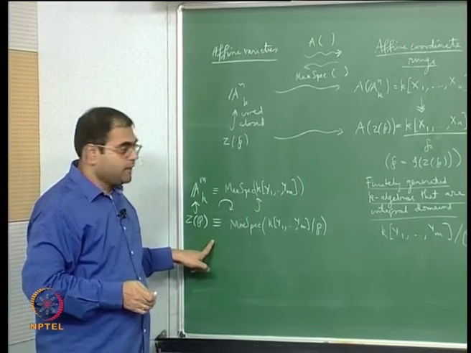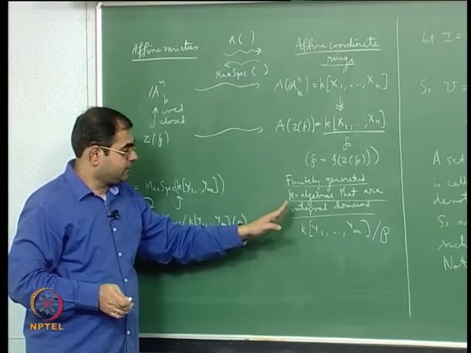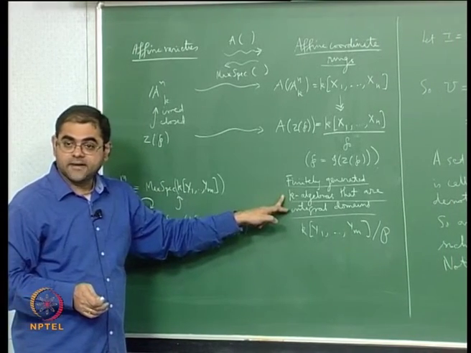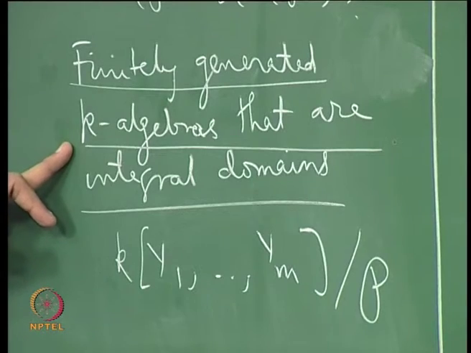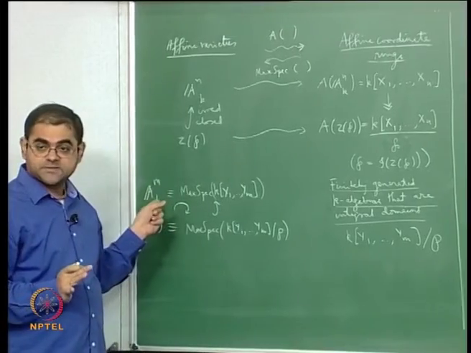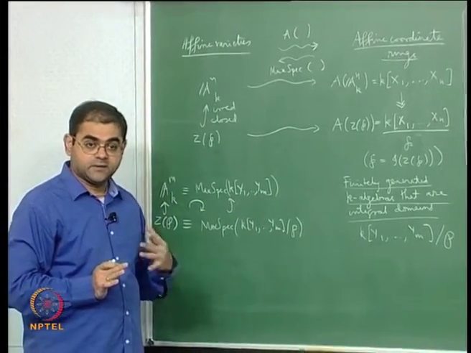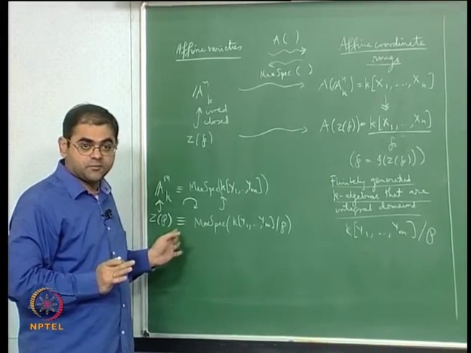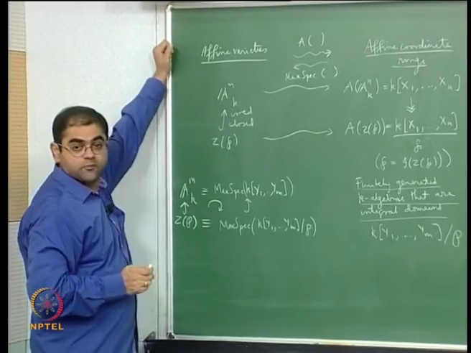But the way I defined it, the definition is completely commutative algebraic, it has got no geometry in it. I'm not making any reference to this side. I'm not saying that these are rings of functions of some affine varieties, but they turn out to be. Okay, similarly on this side what I'm going to do is